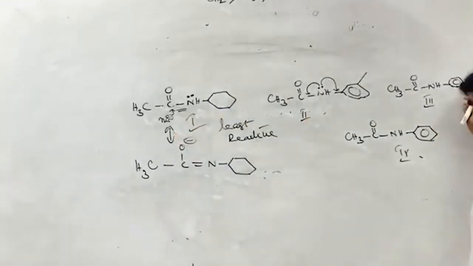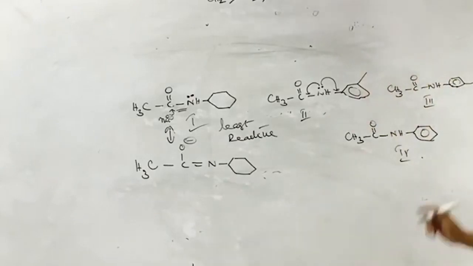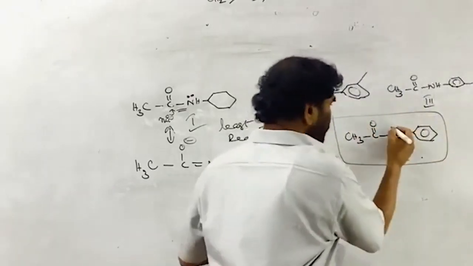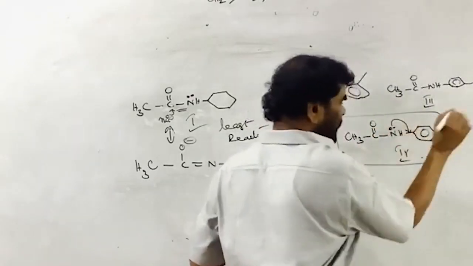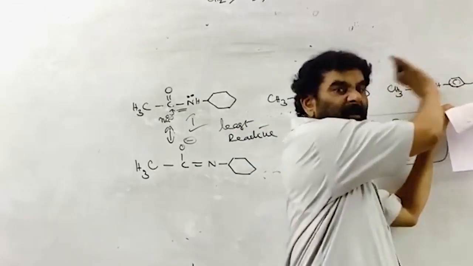Now, if you come to the presence of the methyl group, how is it affecting? The presence of the methyl group increases the electron density. As the electron density on the ring increases, the involvement of the nitrogen lone pair in the resonance with the ring decreases, so its availability for resonance with the C double bond O increases. Here you see, the non-methyl one is not involved. This can be fully involved in the resonance. The presence of the methyl group hinders the involvement of the lone pair.